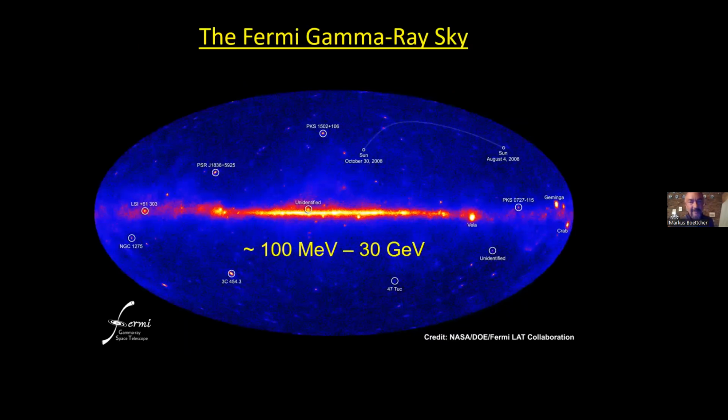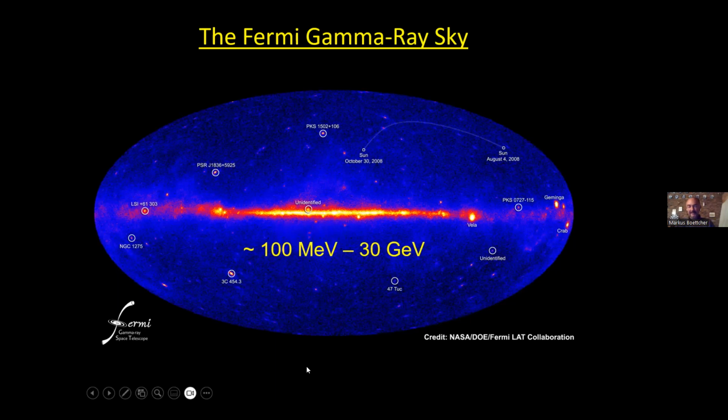So if we look at this all-sky map that Fermi-LAT has now produced in 15 years, we see a map like this. This is projected along the plane of the Milky Way. So from left to right, we see the plane of our Milky Way, and the center is the center of our Milky Way. The left and right is the anti-center going away from the center of the Milky Way. And then we get to the galactic poles, 90 degrees up and down.